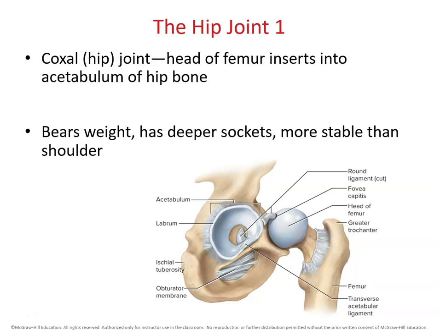Right, so now we're at the coxal or the hip joints. The head of the femur, that long bone in your thigh, articulates with the acetabulum of the hip bone. This is a weight-bearing ball and socket joint. This is different than your shoulder because your shoulder doesn't bear weight. We